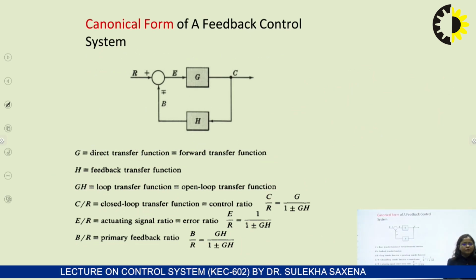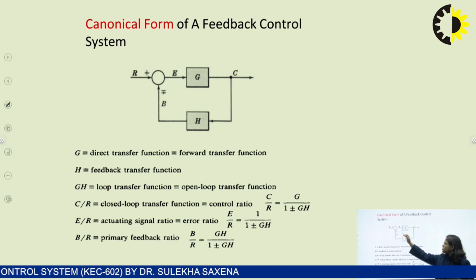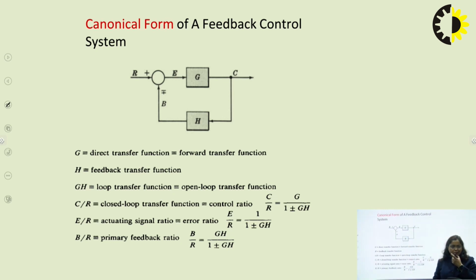Now before moving further, we have to know about the feedbacks also. How to generate the equation of a feedback control system. First of all, what do you mean by feedback? There are three paths in any control system: input to output, that is the forward path, and output to input, that is the feedback path, and these two values are added or subtracted to generate an error signal.